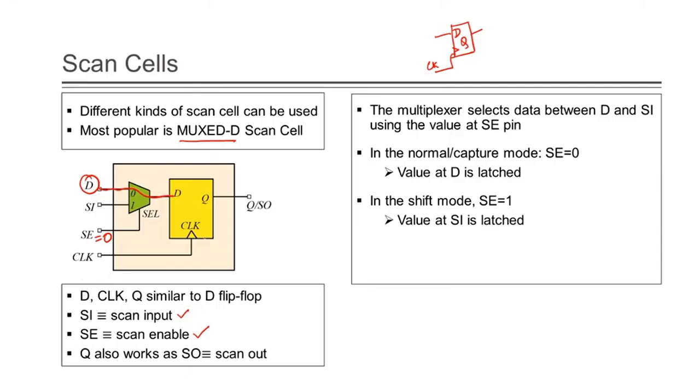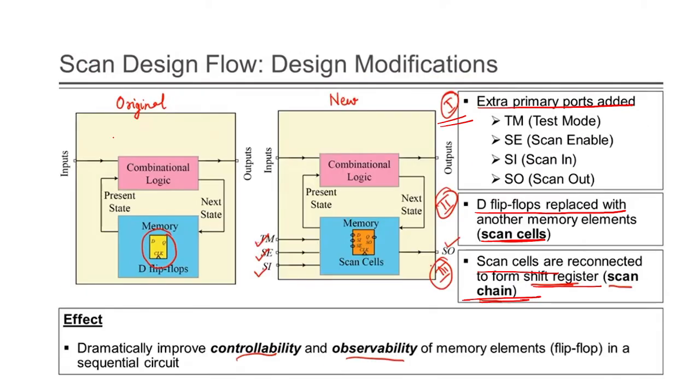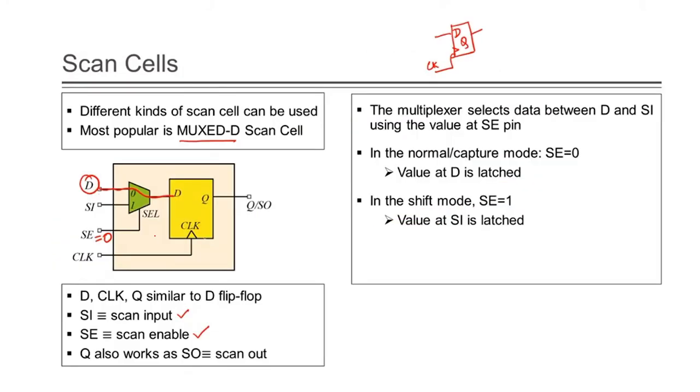So scan cell, how are we doing it? Previously there is a D flip flop, no? This is my D flip flop. The D flip flop is replaced with a scan cell; there are different kinds of scan cells used. Most popular is the Muxed-D scan cell. In the Muxed-D scan cell, you are removing the inputs, and this